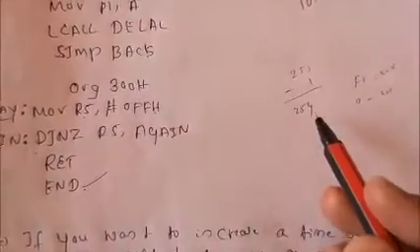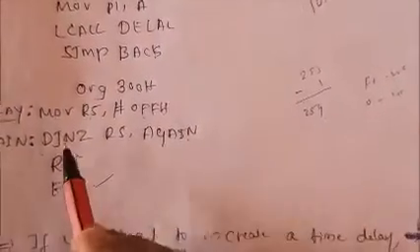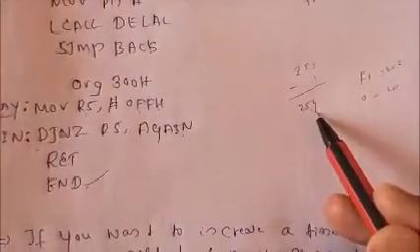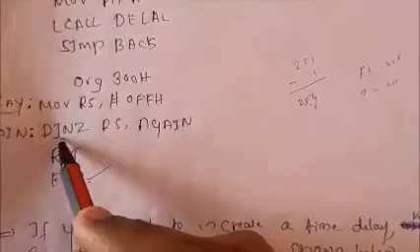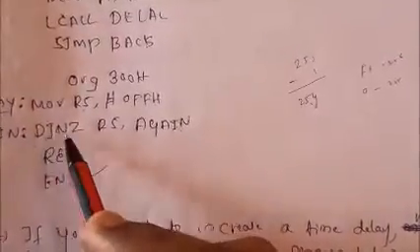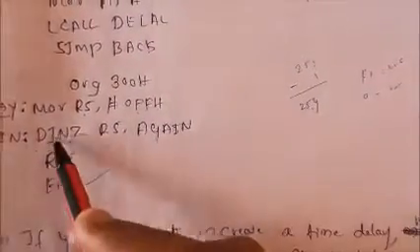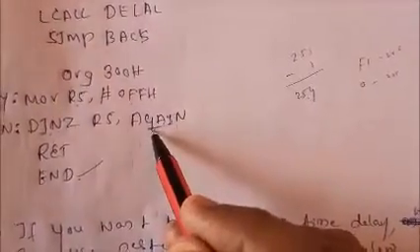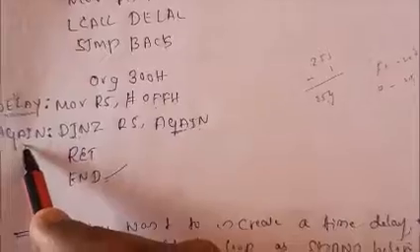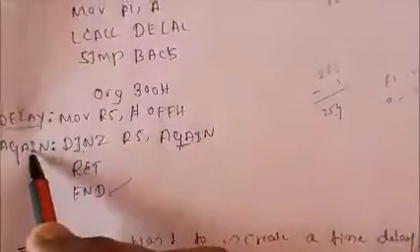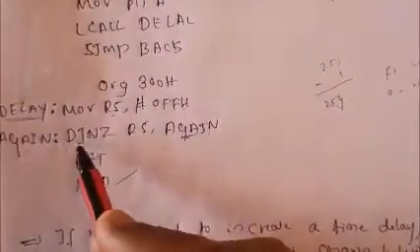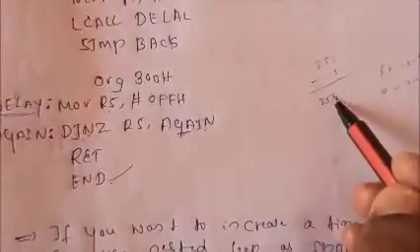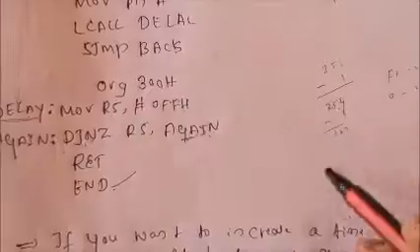So 254 here, what will happen? Again it will check jump if not 0. This value is not equal to 0. At that time, what will happen? I need to make the jump. I need to jump when not 0. This is not 0, so I need to jump to the label, which depends on this label. Again, where is again? I have written it here only. So that means it will come back here and execute the same instruction DJNZ again. What is the value of the previous one? 254. Again minus 1, now 253.